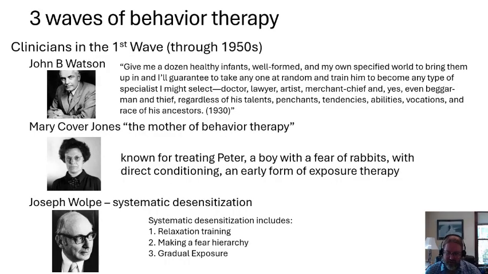So if we dive right into the first wave, what is this? This is in the 1900s up through about the 1950s. And remember, at that time, behavior principles were new. We had Pavlov and Thorndike and folks that were investigating behavioral principles. And there was interest in applying these clinically right away, and really as an alternative to the psychoanalytic establishment that was there from Freud. So these early first wavers were basically taking the principles that were being discovered in the laboratory and trying to use them to treat clinically useful things